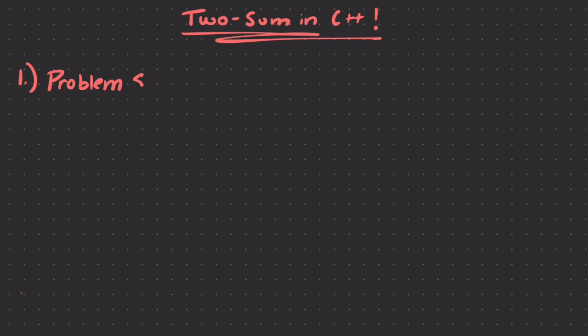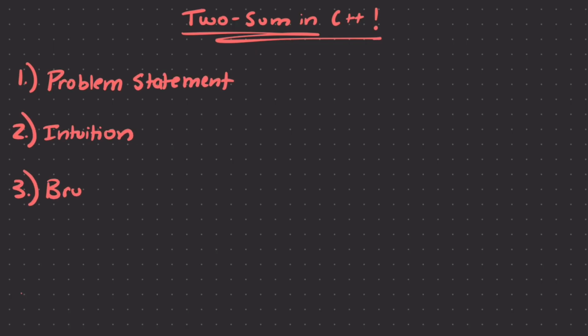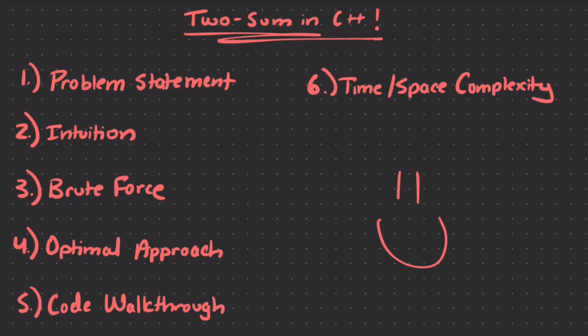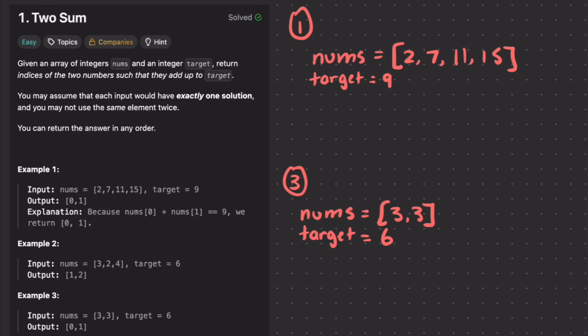First, the problem statement, the intuition, the brute force approach, the optimal approach, the code walkthrough, and the time and space complexity, and a small tip at the end. So you can take a moment and pause and read through the problem statement, and we'll go through example 1